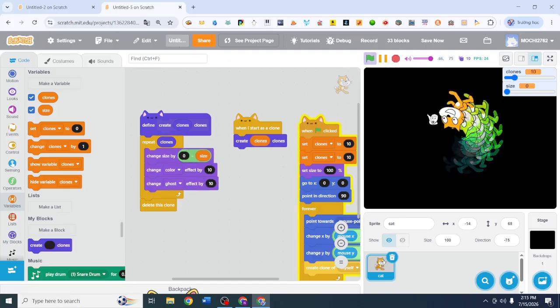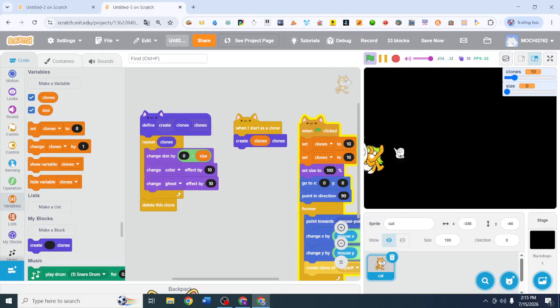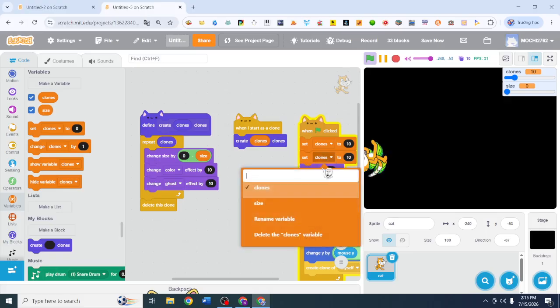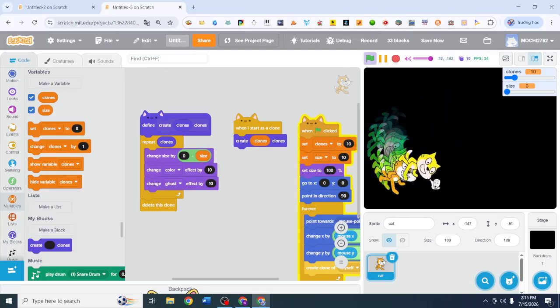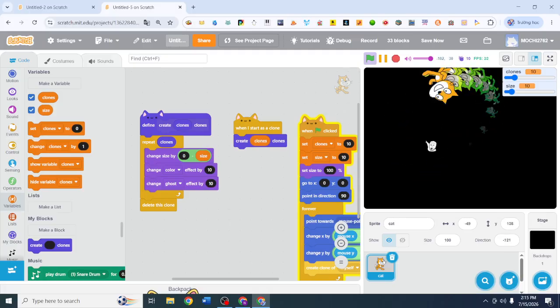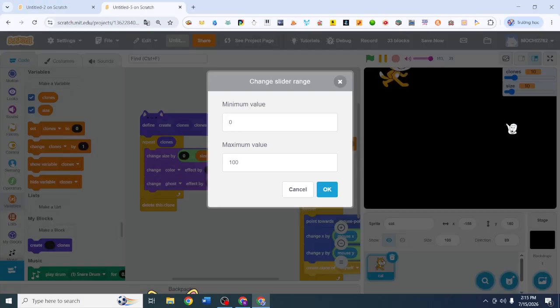And yep, because the clones. So first we need to put this to size, and then yep, works perfectly. And also we need to do change slider range to the maximums is -10, and the minimum is -5, or 0 if you want,